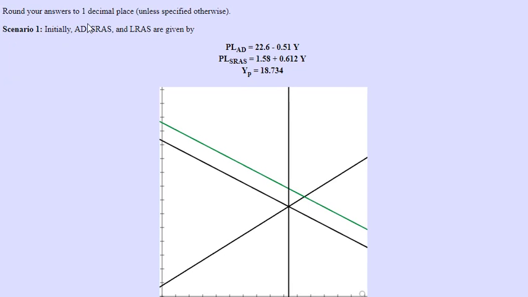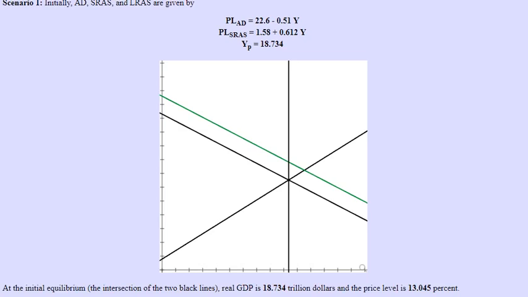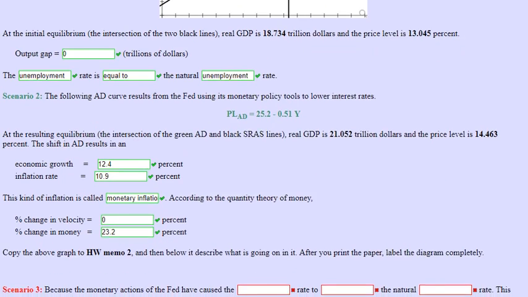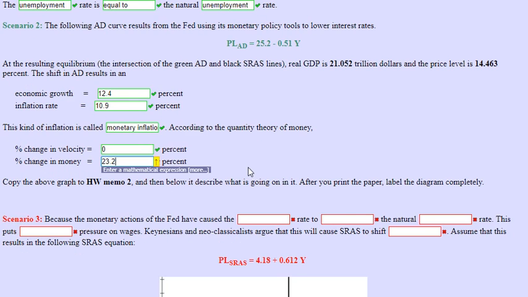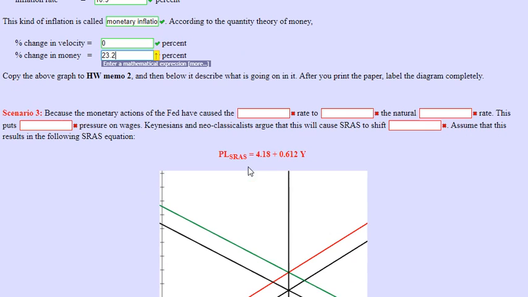Okay, I had to go back and check. We want to round, in this question, answers to one decimal place. So I modified the decimal places to 12.4, 10.9, and 23.2. Then I re-hit enter and I got the correct answers. Okay, now down here in scenario 3, because the monetary actions of the Fed have caused blank rate, that would